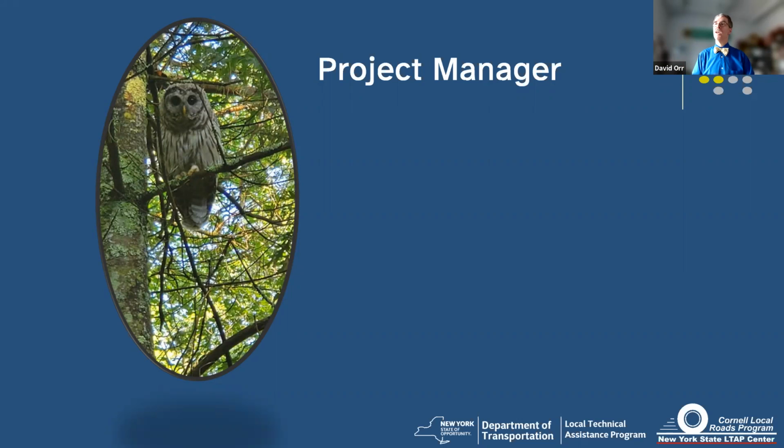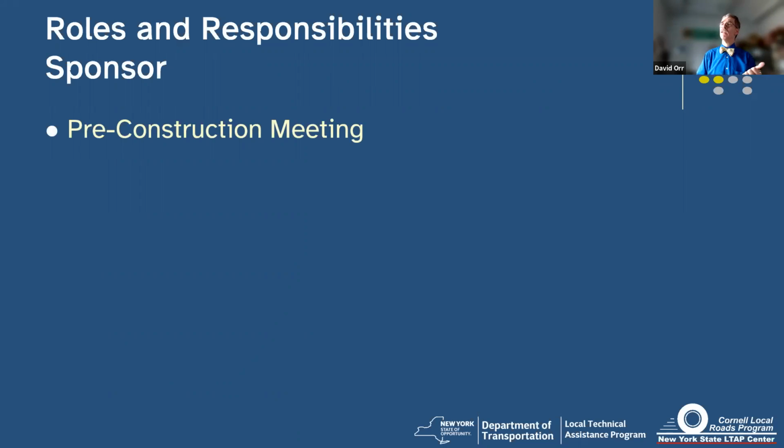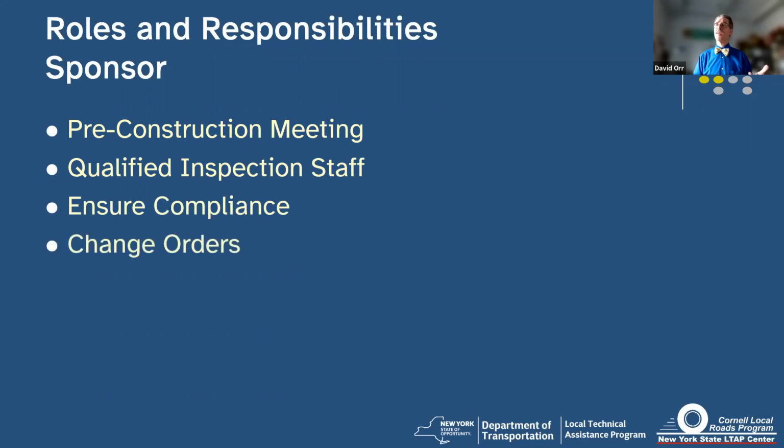Now you may have a project manager, an engineer in charge, or somebody who's not full-time, but somebody has to be full-time overseeing things. And in terms of roles and responsibilities, things to think about: you're going to have to go to a pre-construction meeting. So during design scoping, you're involved. You're going to have to make sure you've got good inspection staff, ensure compliance with all the steps, deal with change orders. We'll come back to that right before the end of the hour here,